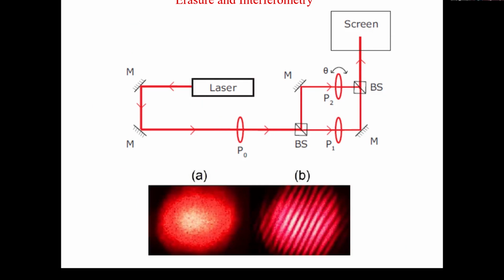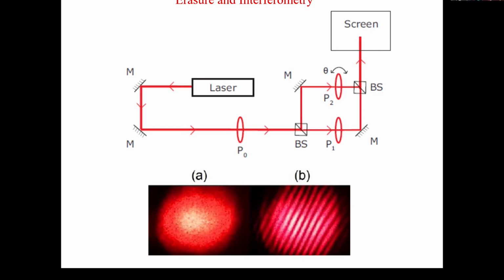So I would like to talk a little bit about interferometry with single photons and erasure. Suppose I have this laser light, classical light or quantum light, doesn't matter. And I have this Mach-Zehnder interferometer. Now in each of these paths I've put a polarizer. If I don't have a polarizer, on a screen I will see these fringes because of the interference. If I were to put these polarizers, and these polarizers were crossed, that is, one was horizontal, the other was vertical,